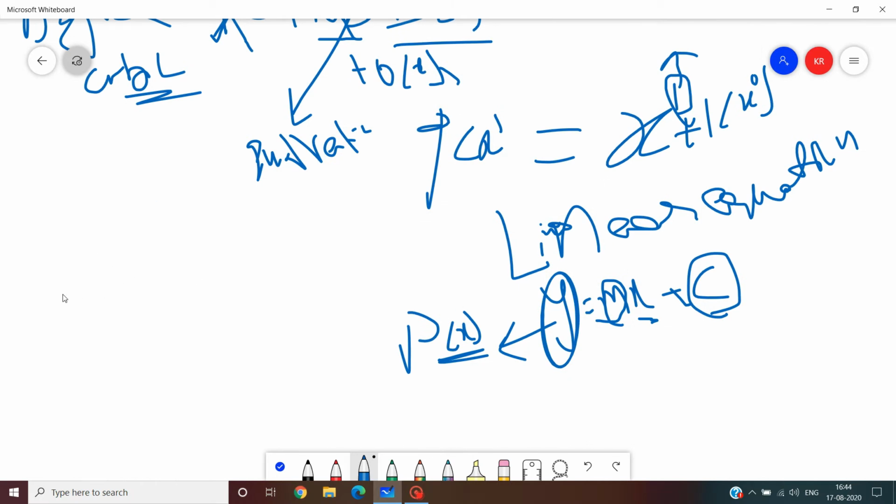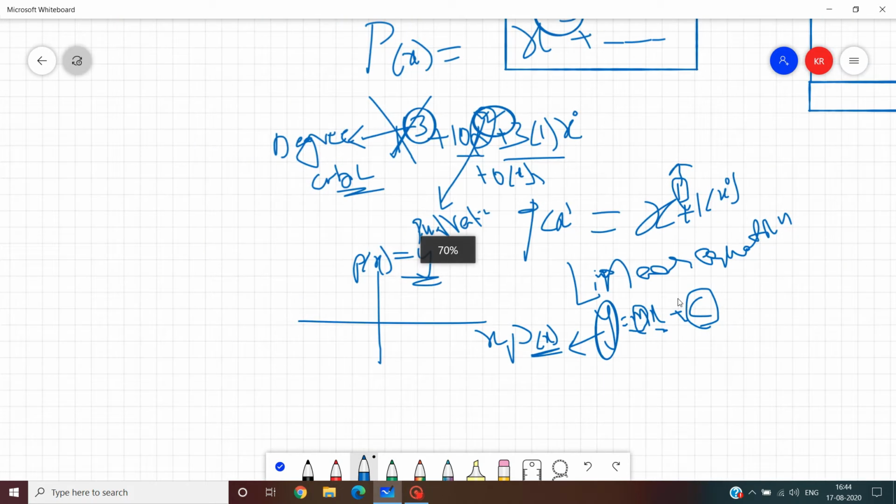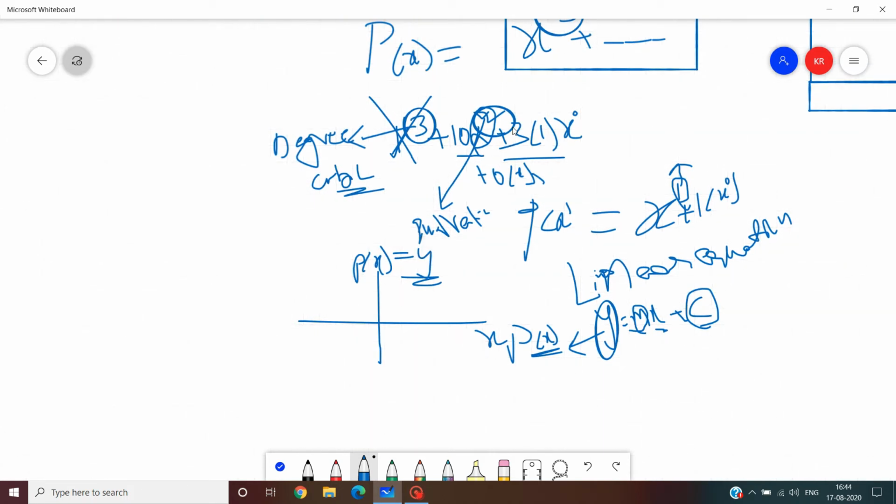So when we are plotting the graph, we use p of x as y, like see here x, and this will be p of x. So this will be the result from the equation p of x. So that is taken as y in general terms. So these are linear equations. These are quadratic equations, which have degree 2, and this has degree 3. It is cubic equations, and it will increase later on.